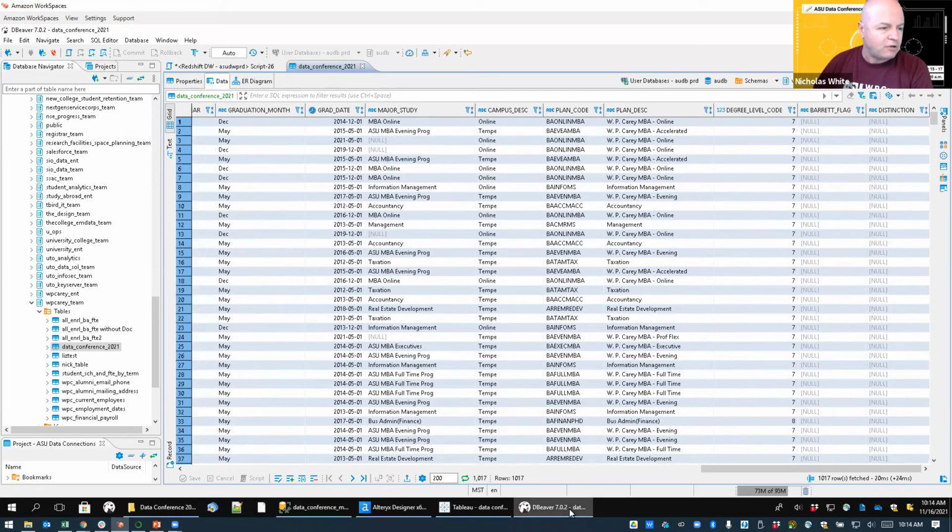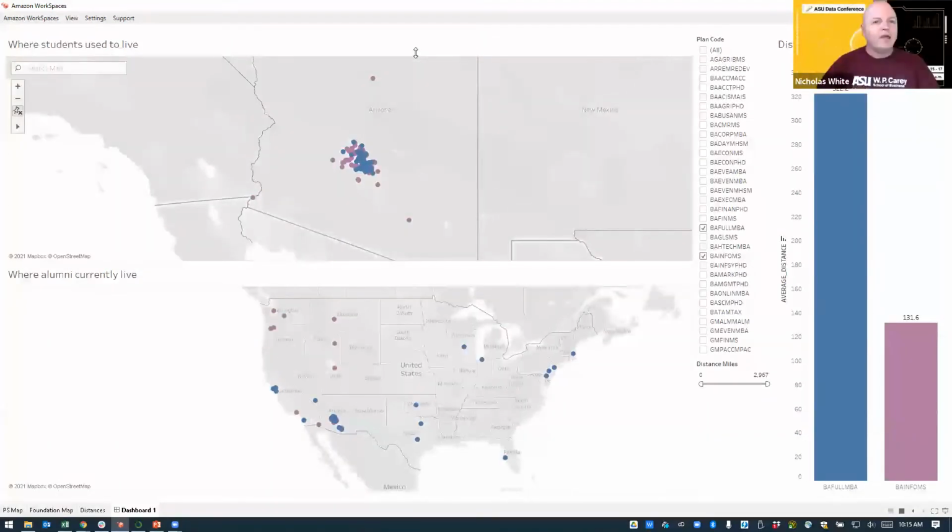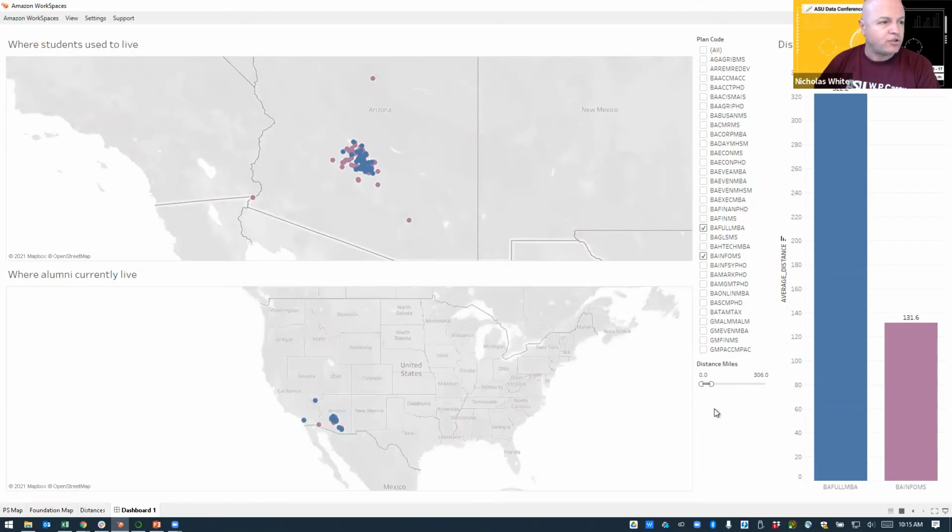And then the final output looks like this. Sorry, there we go. It looks like this in full screen. So this is just a very simplified version of my dashboard here because it's full of data and it's super slow. What I wanted to illustrate here was that I have two programs